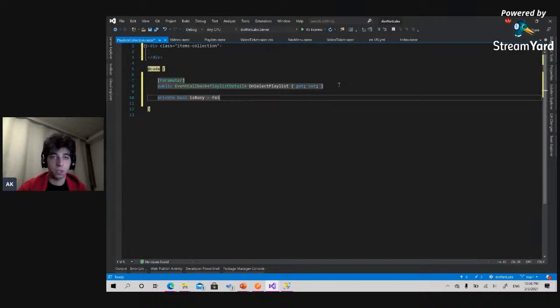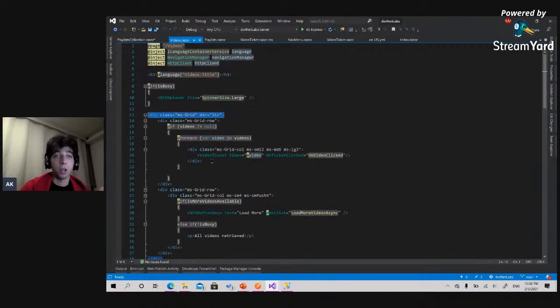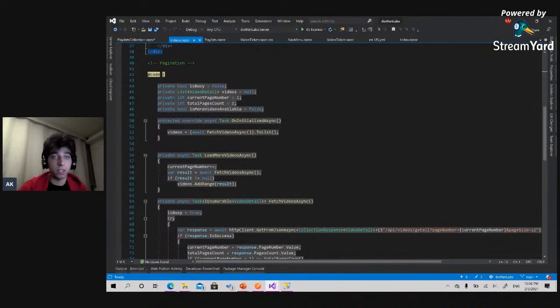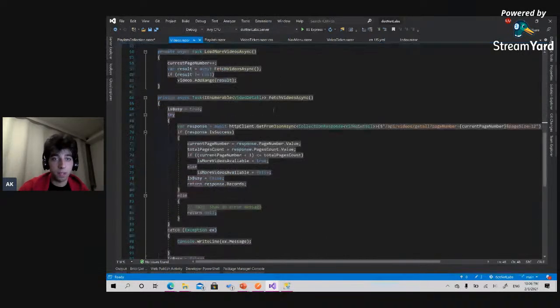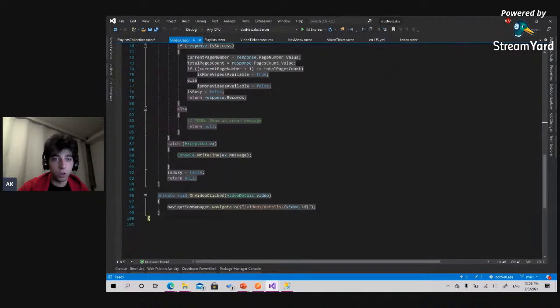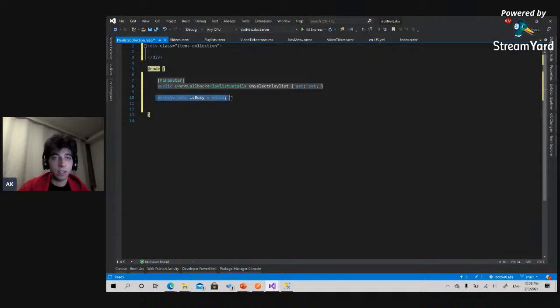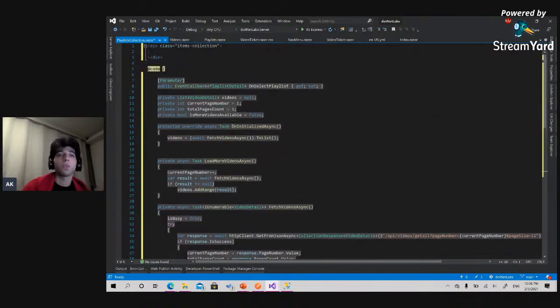There is no need for this, equals false. And retrieving the playlist is just like retrieving the video. So we are going to have also the current page number and this stuff. So let's do that. I'm going to copy all of the stuff here existing. Basically, I think we need all of this. We need exactly the same stuff we need for the videos page. We needed to use it the same here. That is more playlists